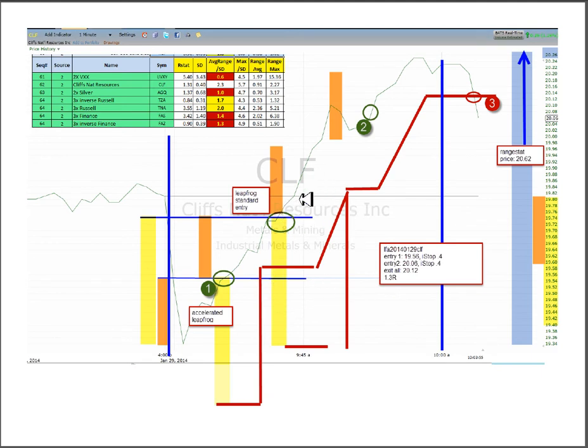This is the same chart now, a little bit deeper into the trade. So our actual entry was here on the accelerated leapfrog. This would have been the leapfrog standard entry, one SD off the low. This one was a half SD off the low. So I didn't add a second position because I didn't have 2R in hand with momentum. So as I'm managing my trade here on this red line,